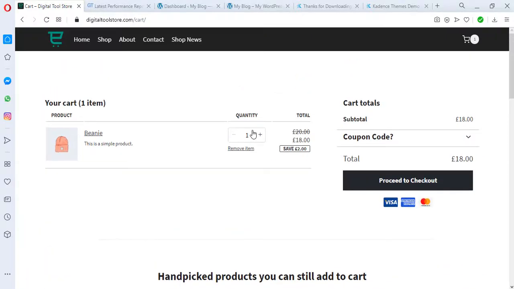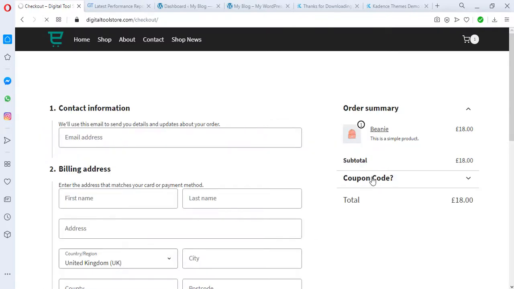And I am not even done designing this site. This is just demo. Everything here is demo. And let's proceed to checkout, and let me show you exactly what the checkout page looks like. This doesn't look like your regular